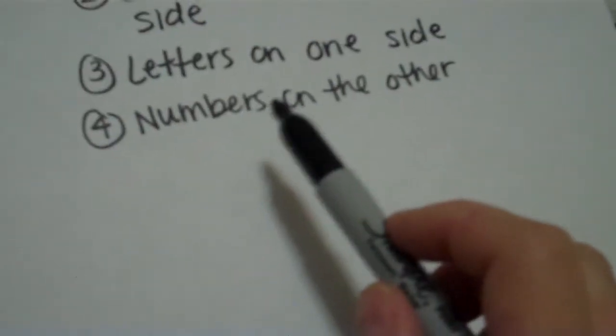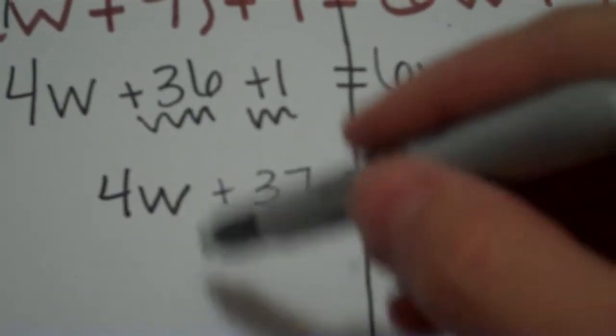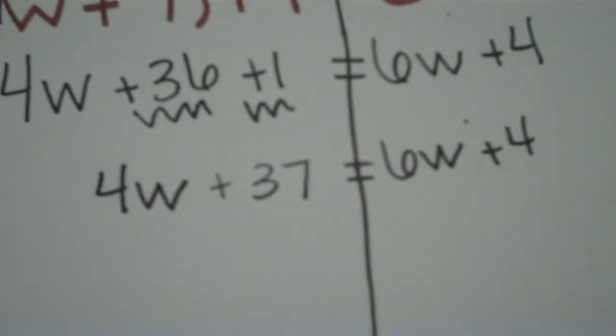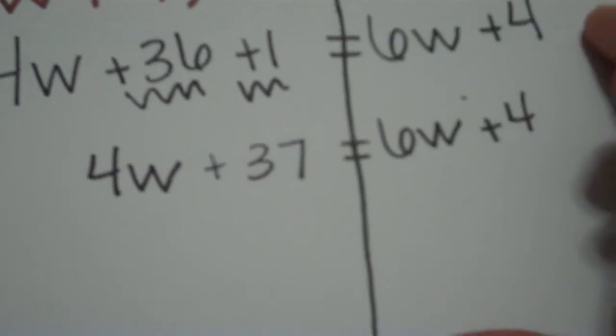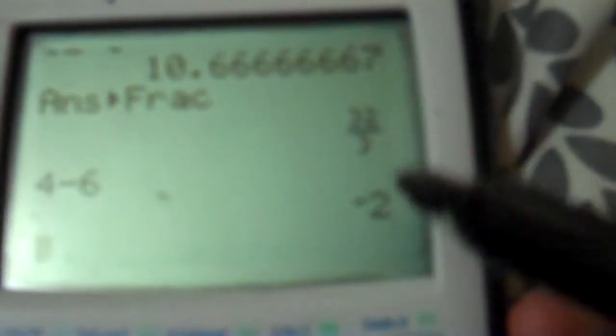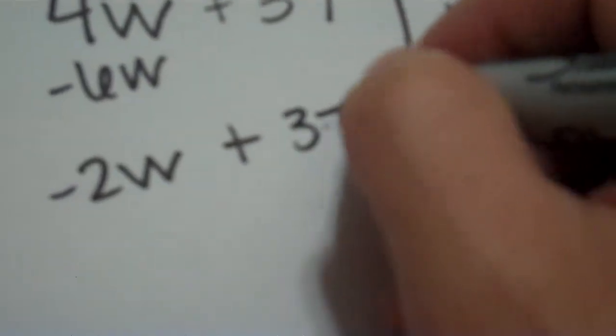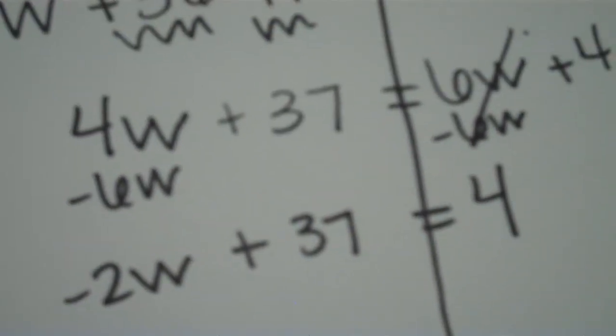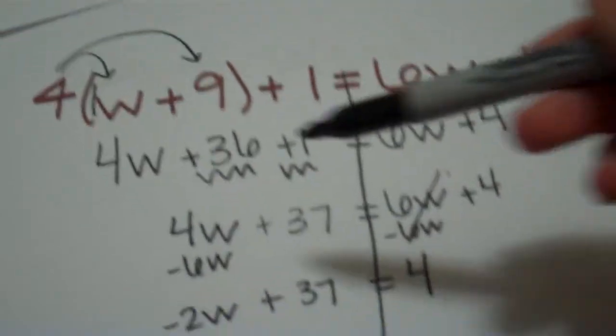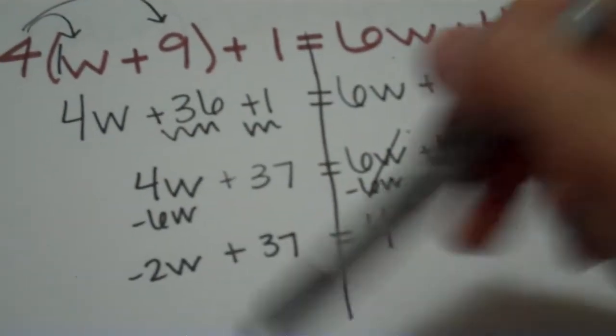Okay? That's what says letters on one side. So you could either bring the 6 over here, or you could bring the 4 over here. It does not matter. I'm going to go ahead and bring the 6 over here. So the opposite of a positive 6W is negative 6W. Okay? 4 minus 6, I'm going to go to my calculator. 4 minus 6 is a negative 2. So I'm going to put negative 2W and then rewrite plus 37 equals, those cross off, 4. So from here, so hang on, let's back up. So I distributed, I combined what looked alike, I got my letters to one side, and now this is just